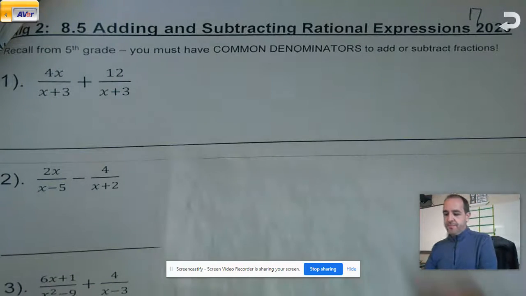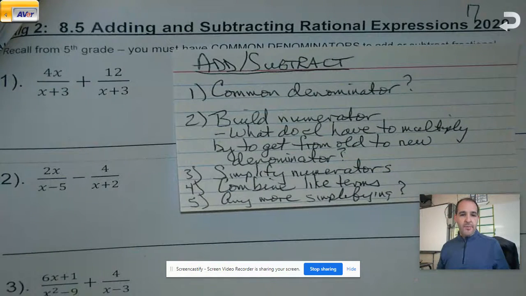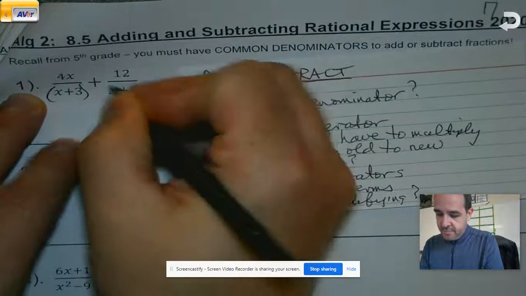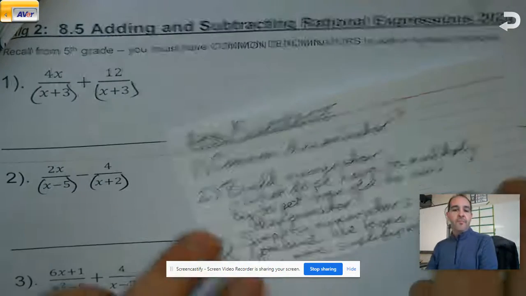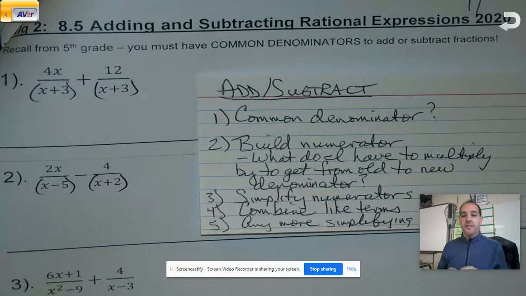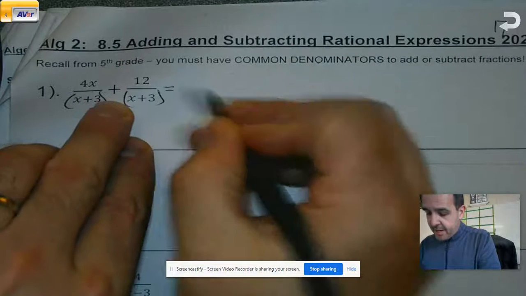So when we're adding or subtracting, first we got to see if we have a common denominator. If we do, sweet, it makes our life easier. As always, we see pluses or minuses, and we're doing this to remember they're all together. So do I have a common denominator? Check. Both my fractions have x plus 3. Our next step, if we have a common denominator, I don't have to worry about the rest of the steps right now. So we're going to get that out of here for the moment. If I have a common denominator,